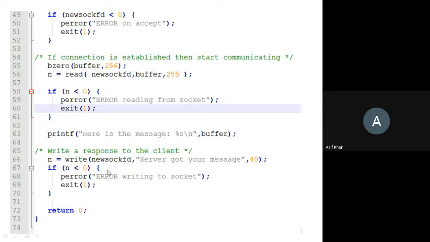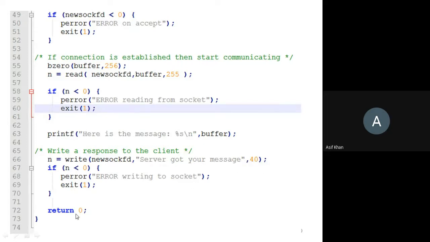Now suppose the server will send a message to the client, then it will use this write function. So write is used here, right? Then what you need to pass? You need to pass the socket endpoint reference or value, the integer value, or the variable that holds that integer value. So this one is that value, so that is passed here. It's a variable actually that stores that integer value. You need to pass that, and then you need to pass the address of the message, or you can directly write the message also, and then the size of the message.